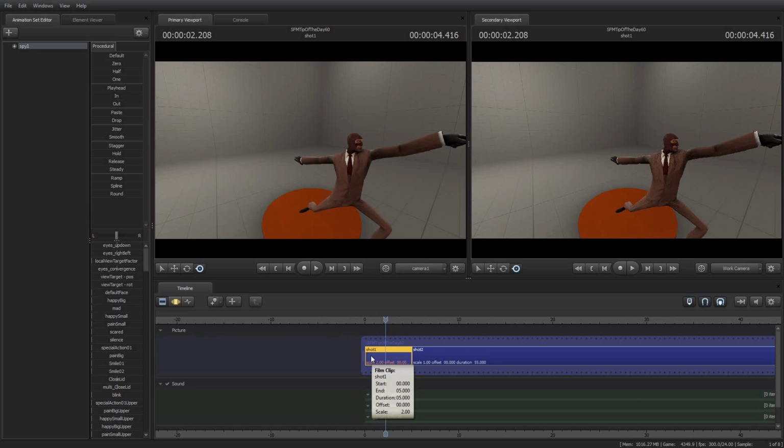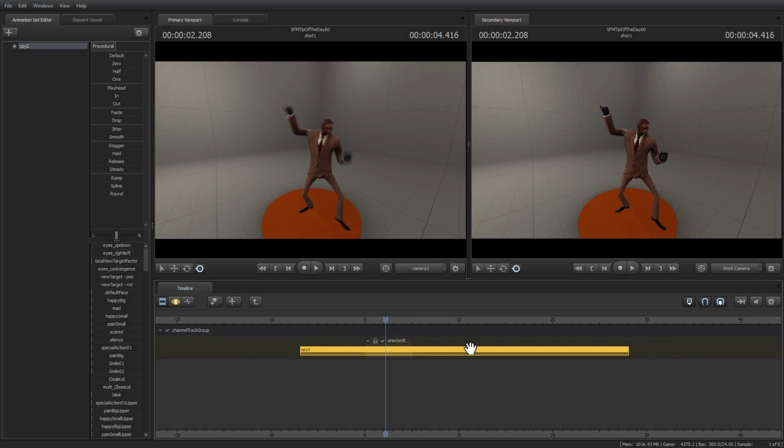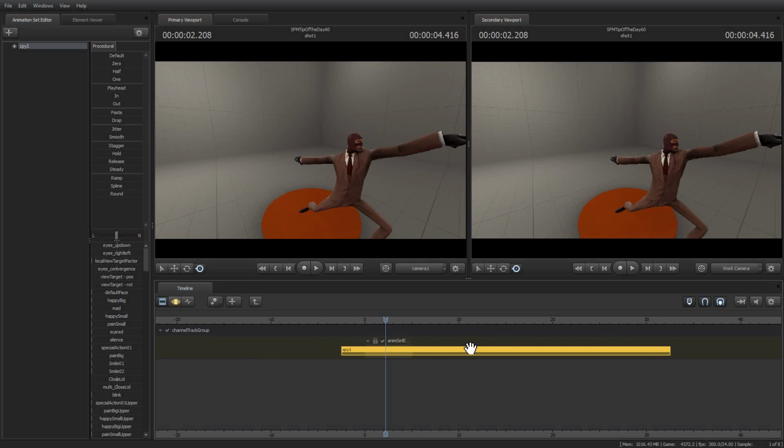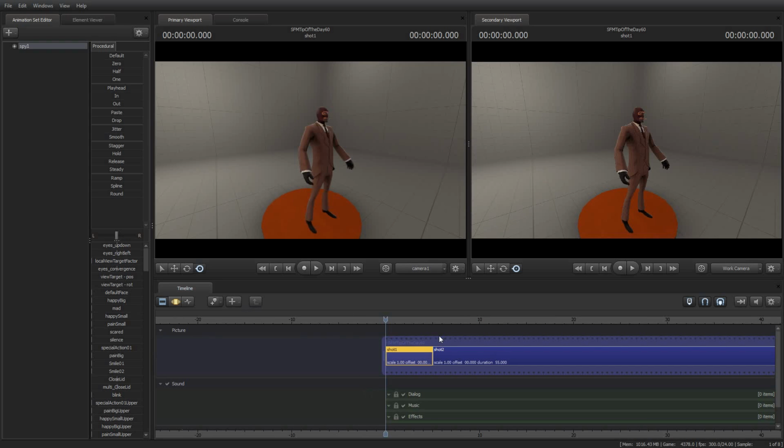If you have an animation sequence that's longer than the shot, it might begin before the shot and it might end after the shot, but the only part that's ever going to actually be recorded in the shot is the bit that's in the shot, which is why you can do things like double-click this, and if I wanted, I could drag this around and change the relative location of the underlying animation, which is interesting. If I go back and set the timescale to 1 though,